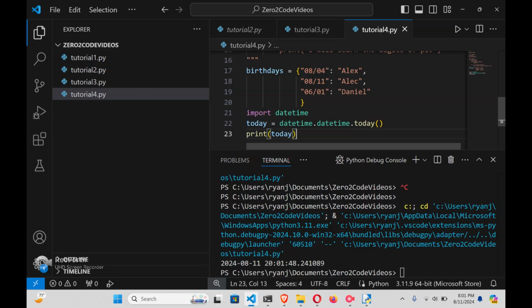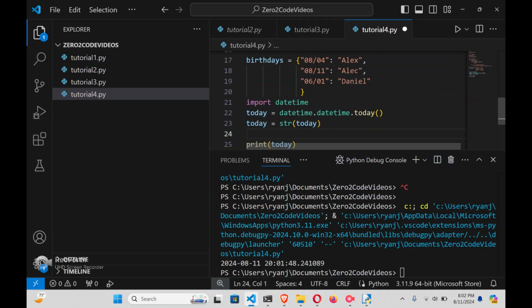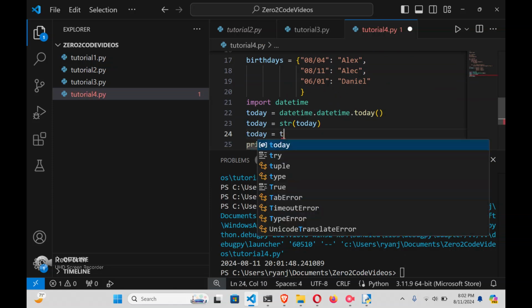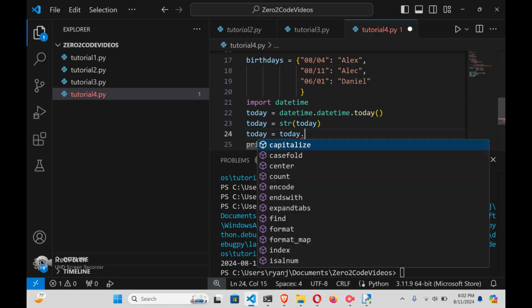Okay, and remember yesterday, or last time, we used datetime.datetime.now. I believe that we got the exact same thing, actually. So we're going to, again, convert this to a string. We're going to use split. And each time we have today on the left-hand side of this